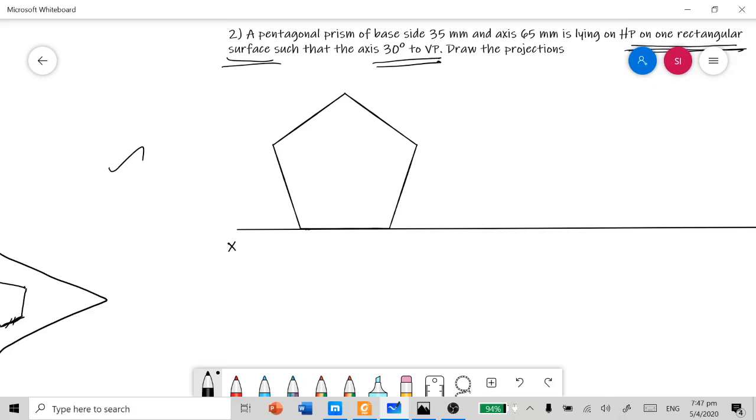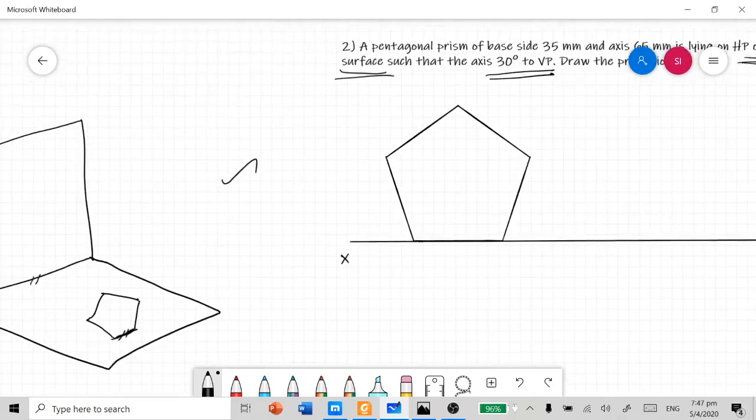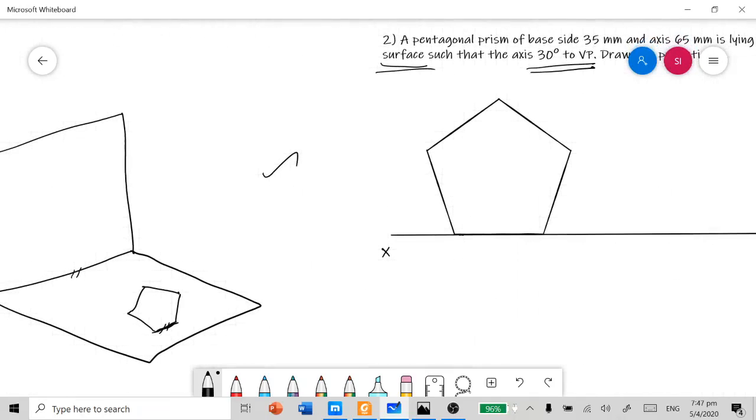In this way you can draw the base view of the solid, and here we are going to have a total of 10 corners, 5 base corners and 5 face corners. Like the previous problem, here also I assume the corners nearer to VP are base corners, and the corners far away from the VP are the face corners.